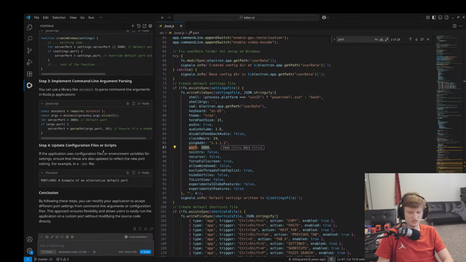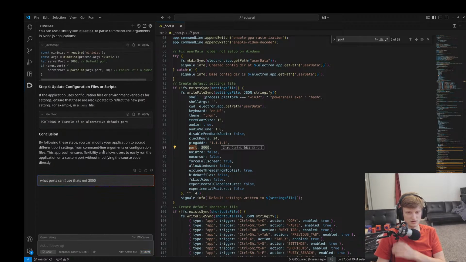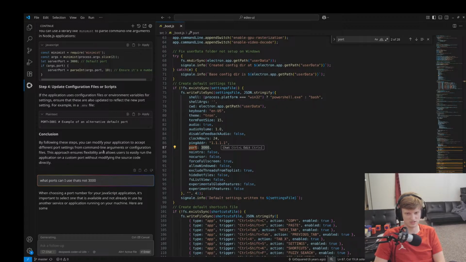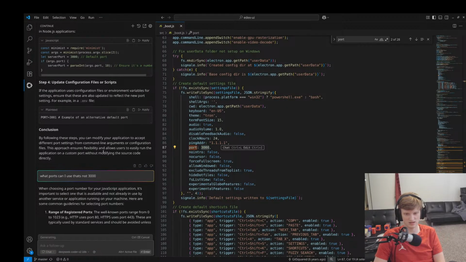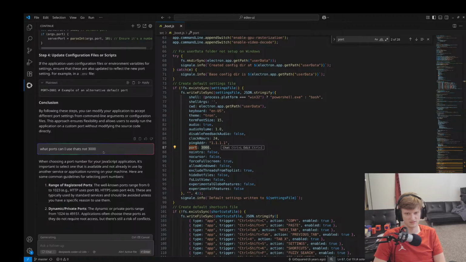Did this already finish? What ports can I use that's not 3000? I'm not that big into understanding how ports work and everything. Maybe I could just use like 3001 or something like that. I don't know. Is there like a